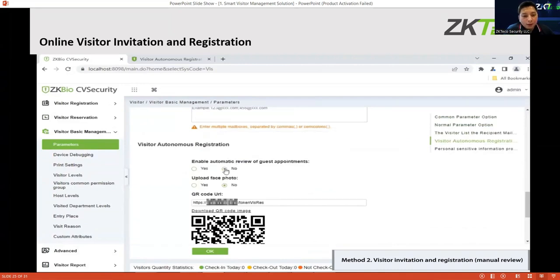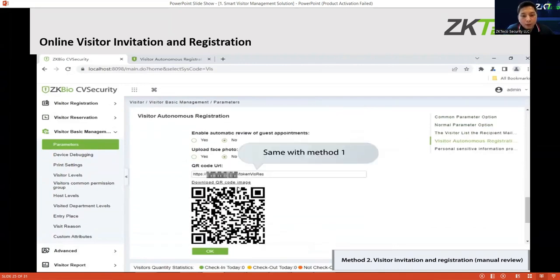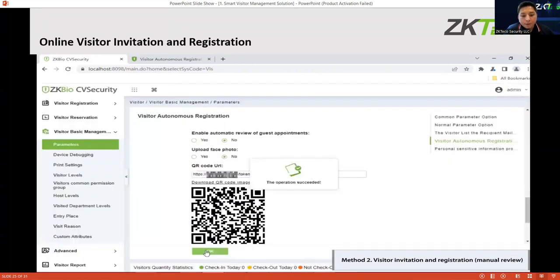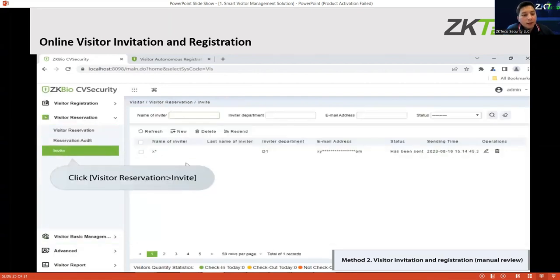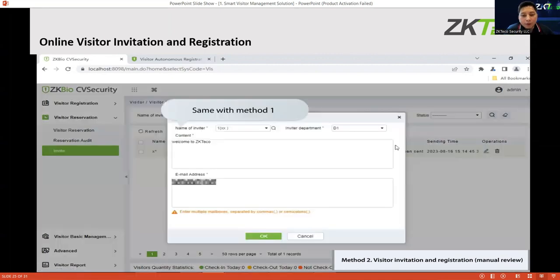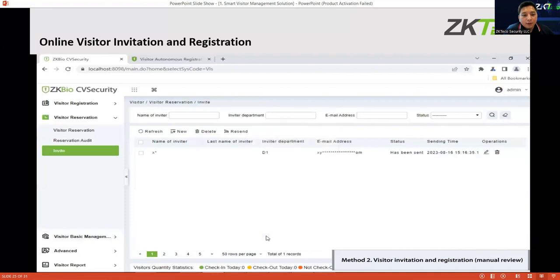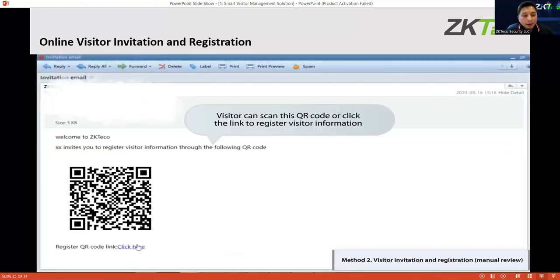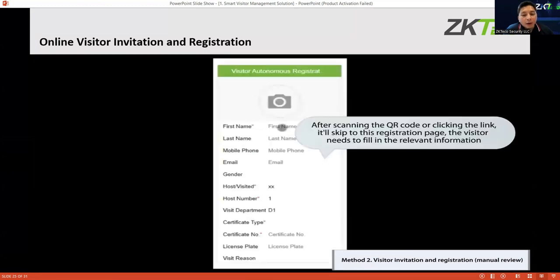For manual, you just click no for automatic review. It's the same: just save the settings and invite someone. Send the email. The person will receive the email again and they can see the link or the QR.